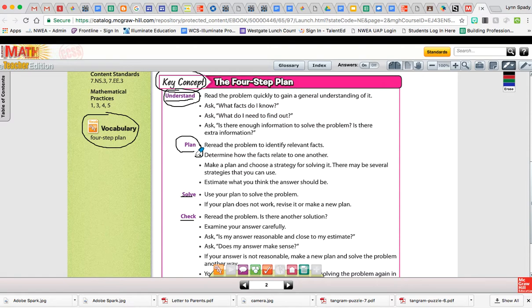Okay. Once I solve the problem, I might mop up the floor, and that is solving the immediate problem, but there's maybe still some more water coming out. And so I do need to go back and make another plan, which is to maybe turn off the water and maybe call my husband or call the plumber and have them come over right away. I could also plan to take off the lid of the toilet to see if something's going on inside there. Those are all different plans. And I don't have to necessarily do them in a certain order,